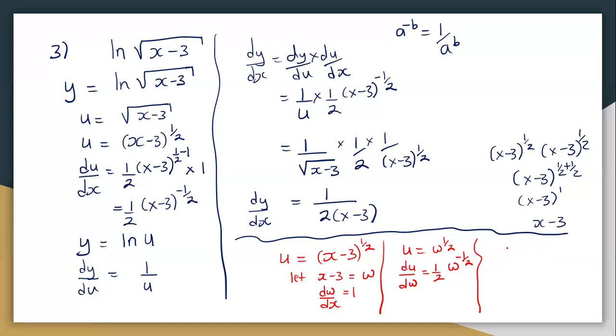I say du/dx is going to be du/dw times dw/dx. So my du/dw is 1 out of 2 w power negative a half times my dw/dx, which is 1. So here I end up with a half, my w, which was given as x minus 3, all of it power negative a half. So that is the same thing that we